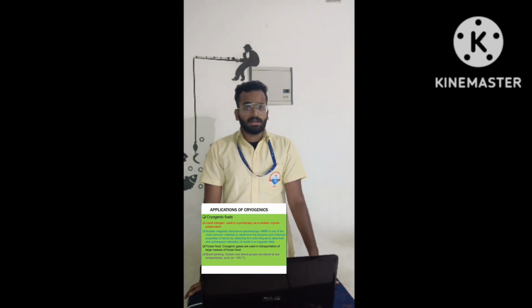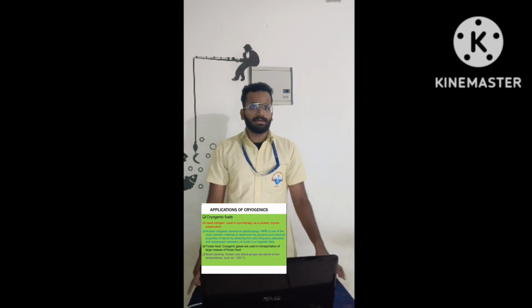Frozen food. Cryogenic gases are used in transportation of large masses of frozen food. Blood banking. Certain rare blood groups are stored at low temperatures such as minus